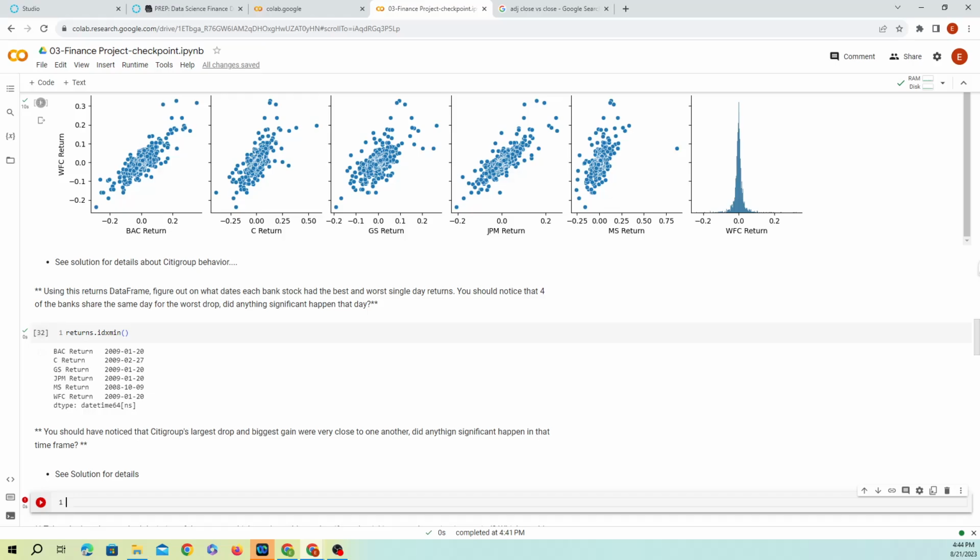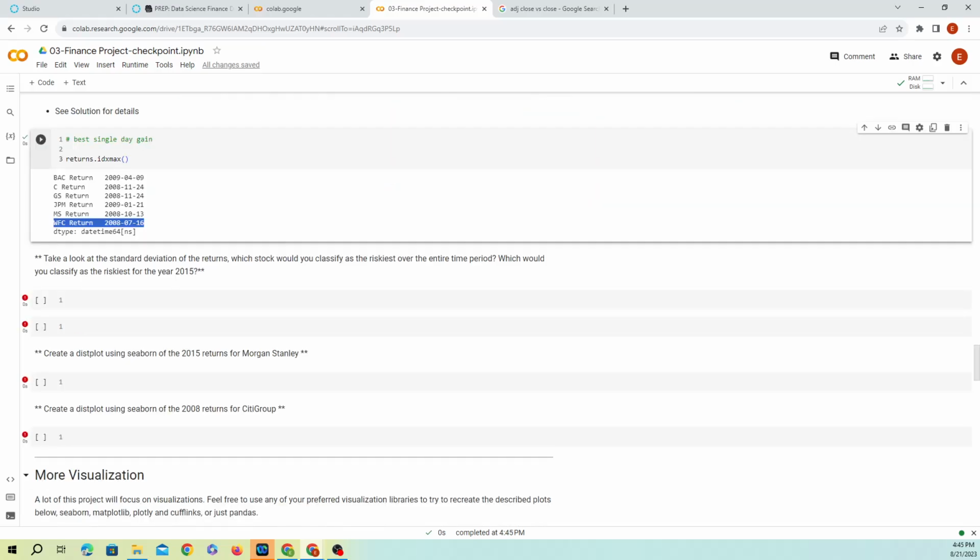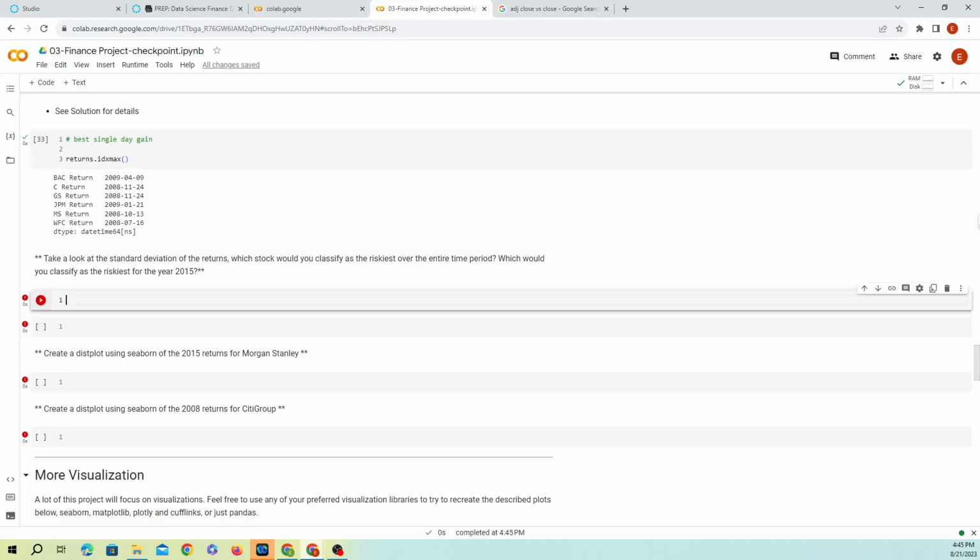So you can see here that the best day for Bank of America was April 2009, and then Citigroup and Goldman Sachs in 2008. So just right before, and also Morgan Stanley and Wells Fargo, just before they actually had a crash, they were making the most profit. So they don't have to pay that money back, right? So they can make all the profit, but when they fail, they're expecting to be bailed out. So yeah, that's really fair for everybody.